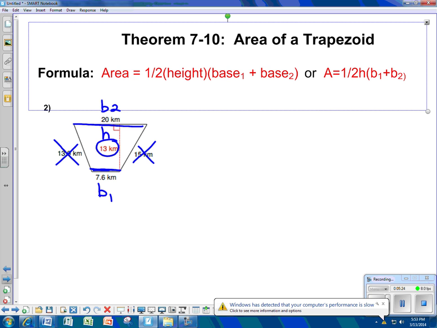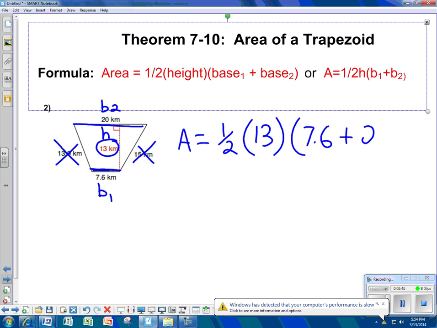So that would be area equals 1/2 times the height times base 1 and base 2 added together. Okay, so we have our formula. Now we just have to plug this equation into our calculator. Make sure you include the parentheses, and you should get